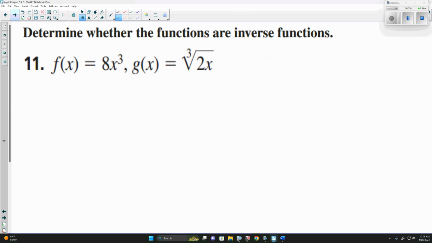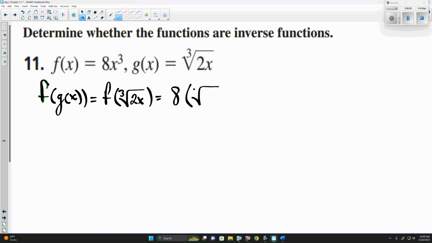Last one. This is the last one here. So we can start off, I normally start off with f of g of x. No real mathematical reasoning for it. I just picked this one to start with. Now the first thing we can do is plug x into g of x, or replace g of x with what it's equal to. So we have the cubed root of 2x. And at this point, we're plugging the cubed root of 2x in for every x in f of x, which tells us that we have 8 parentheses cubed root of 2x